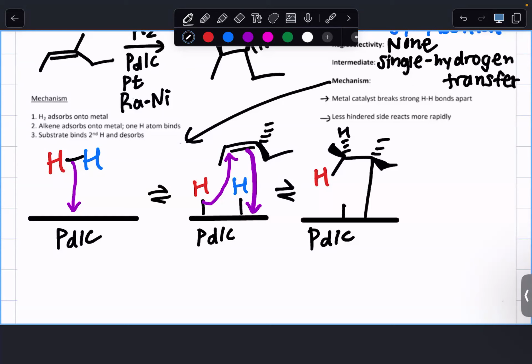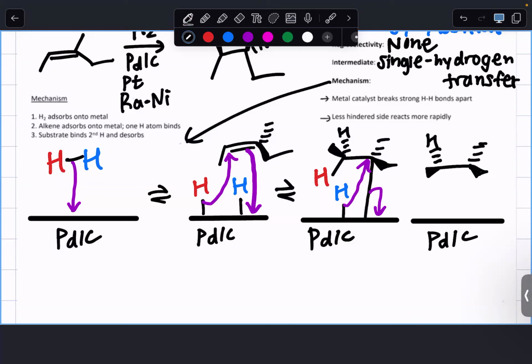Now, the other thing that's going to happen is that this blue hydrogen is now going to attack the other side of the alkene. And then the bond that is attaching the alkane to the metal breaks off to the metal catalyst. And that gives us this product here, where we see that the red and blue hydrogens were forced to attack on the same side